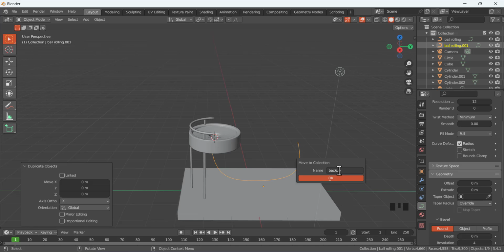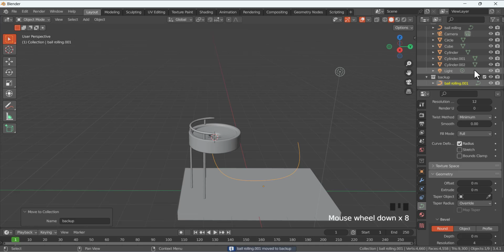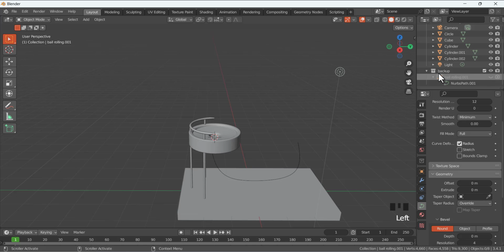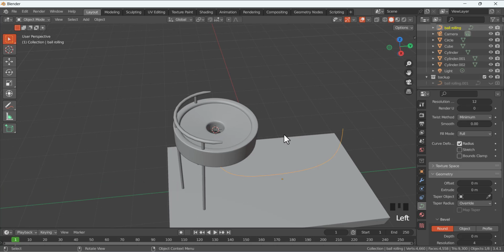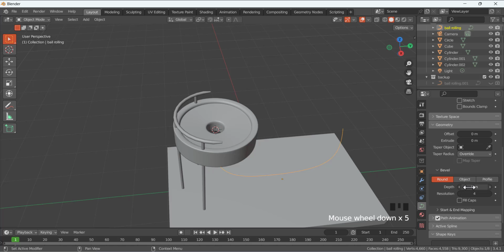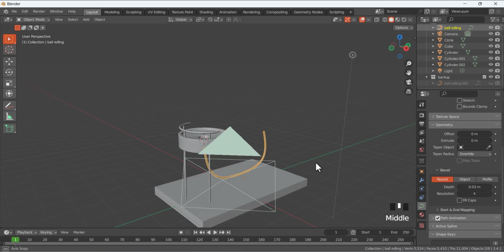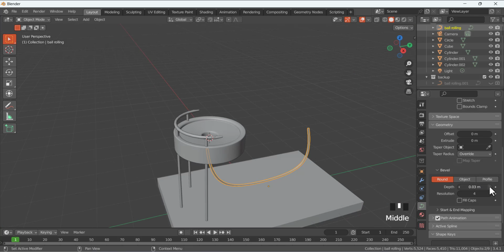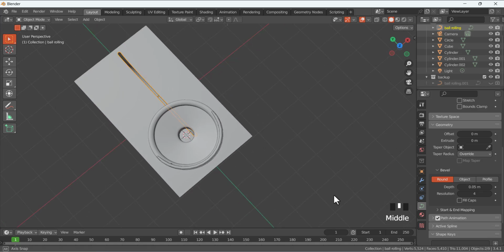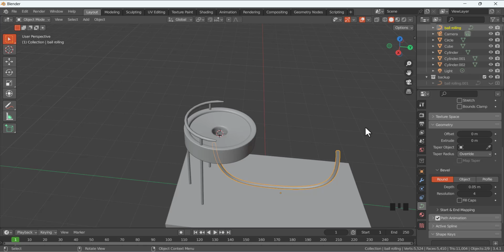So this is a good practice to keep the backup. So here we have a backup, and I am going to hide this backup. Okay, now this backup is hidden. Okay, so select this curve, Control A, apply scale, and select it, and go to the geometry, the object data properties, and here we are going to add, under the bevel, some depth. So 0.05 is good for me,